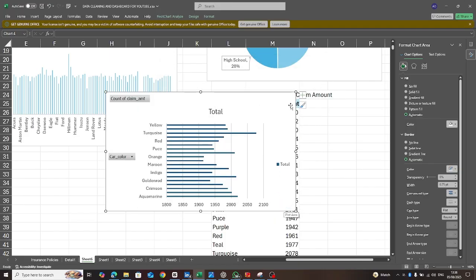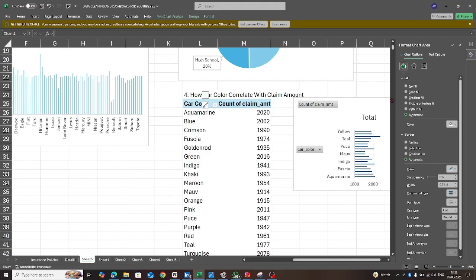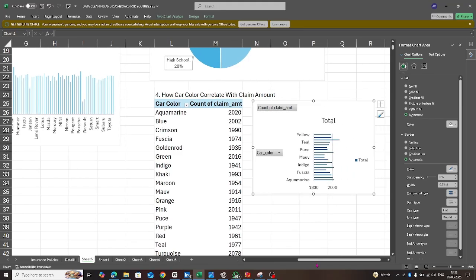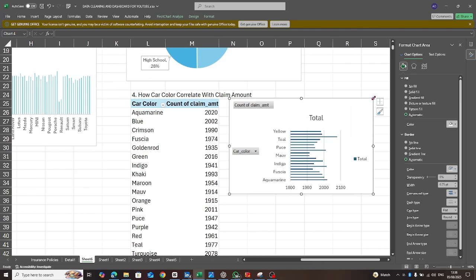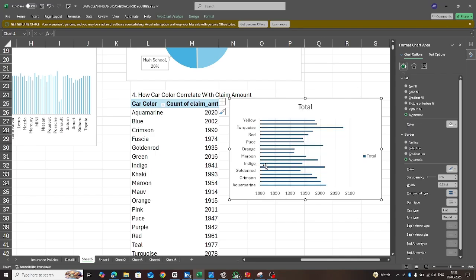So this is fine. You can reduce the size. Put it here beside it. Okay, you can increase the size so you get a clearer view. Now we do not need car color here. We do not need claim amounts. So right click on any of them and choose hide all field buttons on chart. Okay, now